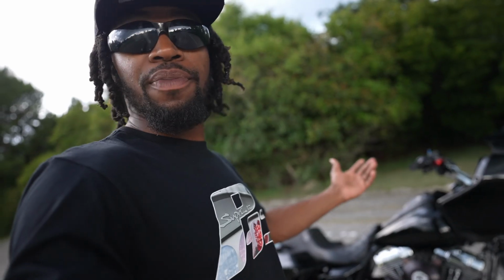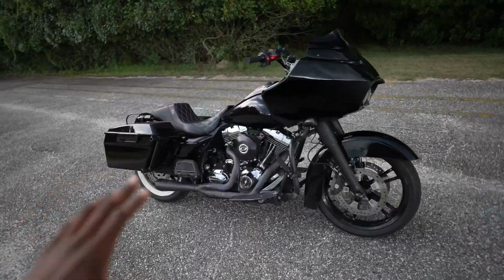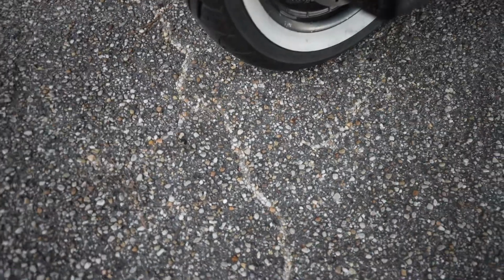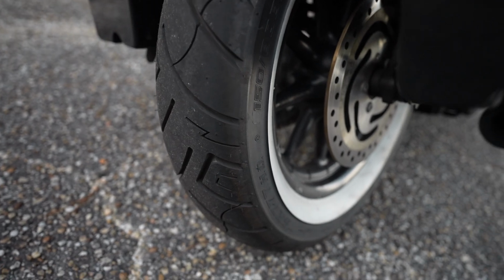Leave me out of it. Yeah, there's my Road Glide. Now you've seen the overall kind of setup I've got going on here. Cut bags, got the cut bags on here. Scrapey bar. And like I said, put the new Shinko 777s on here. I had Michelin Commanders on here and